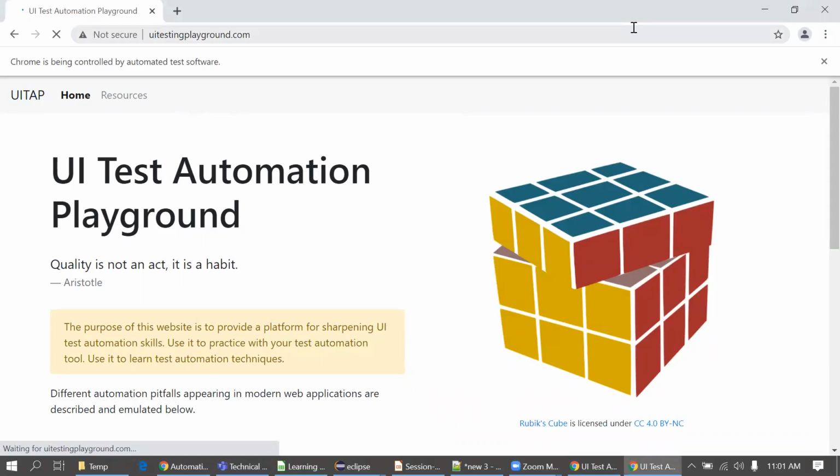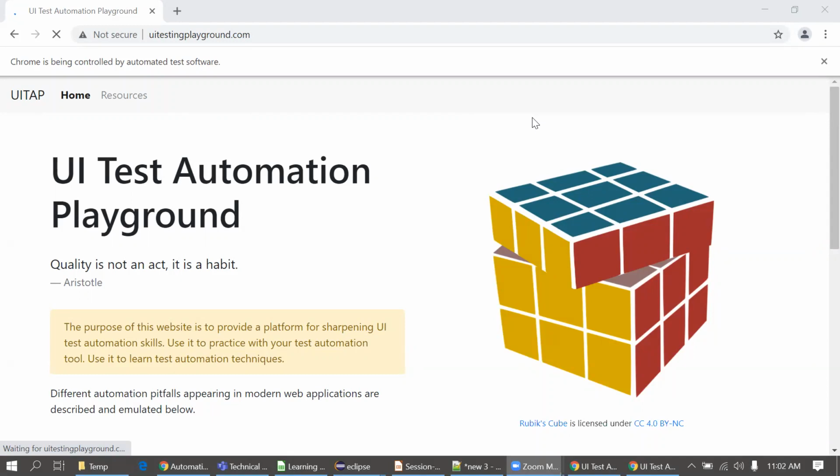Still the page is loading. You can see the loader at the left top corner. I'm going to commit this code on Git and I will share the repository link with you so you can use this code.